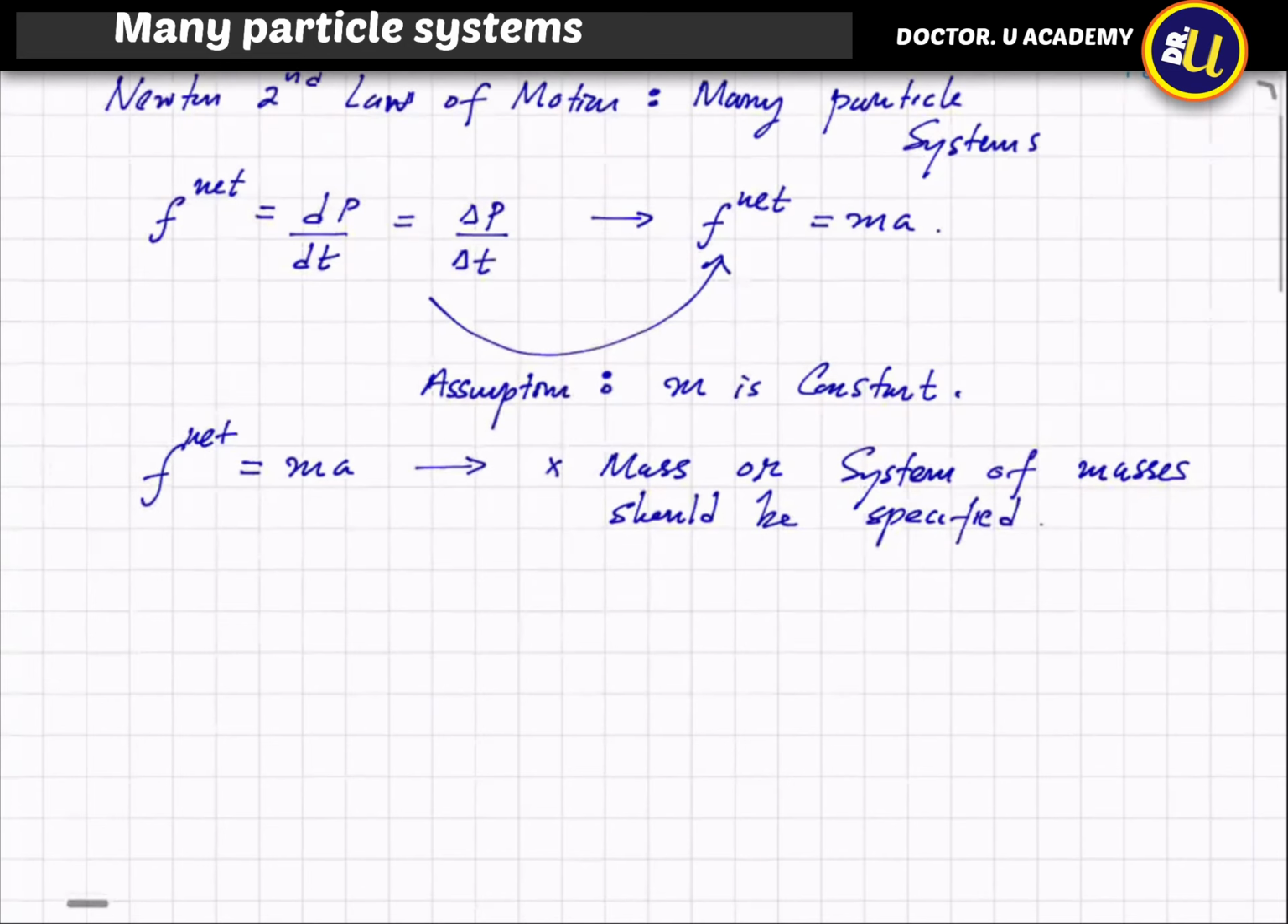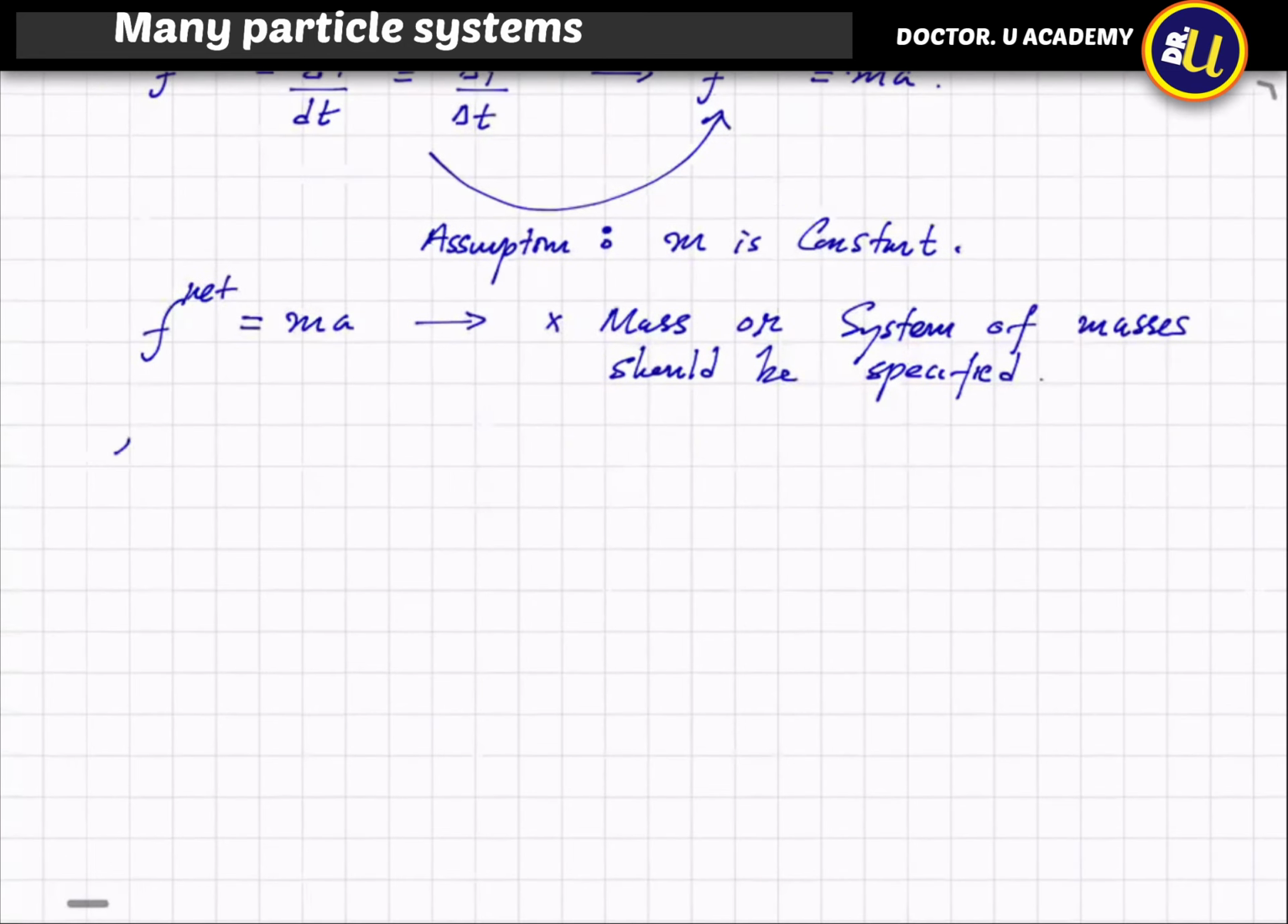So for example, consider you have a mass m here. The net force is to the right, and the acceleration is also to the right. So for this one you can use F is equal to ma without any issues. But if you have a system like this,